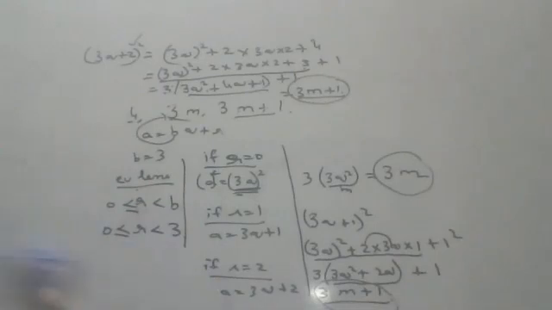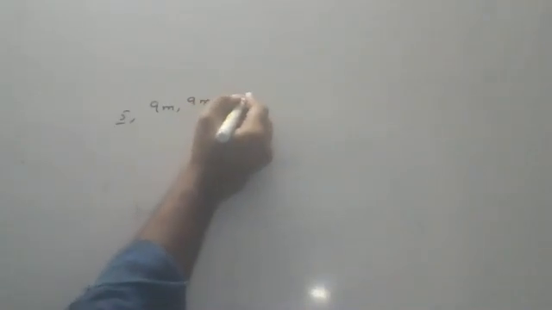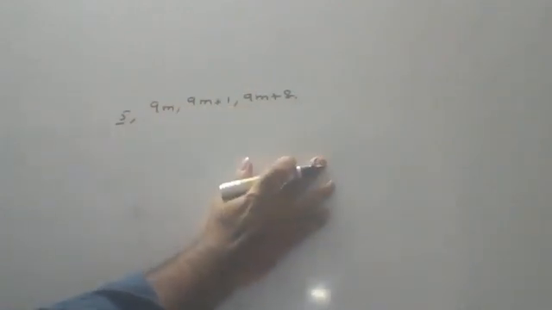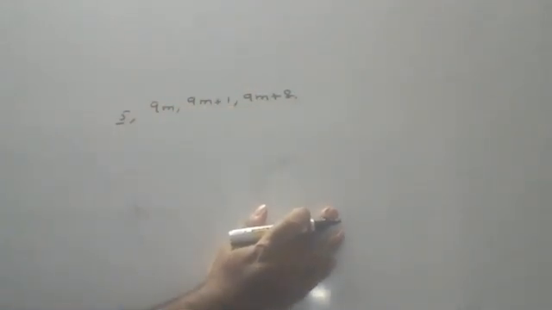Fifth question I'm saying is a little bit bigger. In other schools, this fifth question they will say as a shortcut method, children. I will say a full sum, so that you will never have any glitches for this sum, children. If you can understand the fifth sum, thereafter everything will become easy. Fifth sum: show that the cube of any integer is in the form of 9m, 9m plus 1, 9m plus 8. It means, if you do the cube, either this only will come, no other number will come. That we have to show.